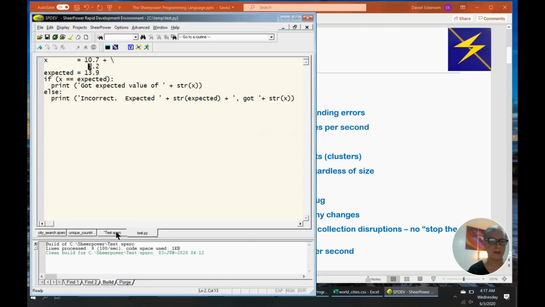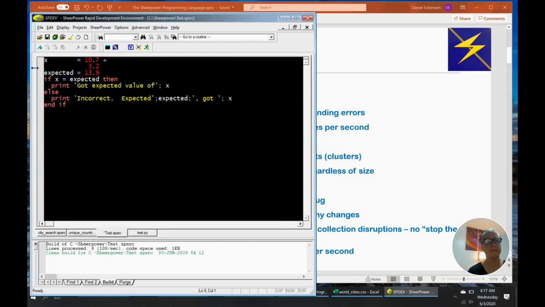Here's an example, a little program in Sheerpower. It's fairly explanatory. You can take a look at it. x is equal to 10.7 plus 3.2. You can see it, pretty simple. And we'd expect the answer, if you look here, to be 13.9. And we say here if x is equal to the expected amount, then we're going to print out,